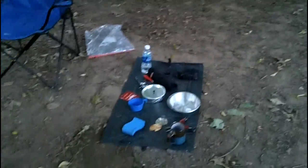Hey friends, it's me Wayman, and this is day one, and things went pretty well. A lot of wind coming upstream, so you could be in a current and just sitting still. But one thing I did forget was my pitcher to boil water. So this is my campsite here. It's campsite 27, and it's not where I want to be. Could have been further ahead, but